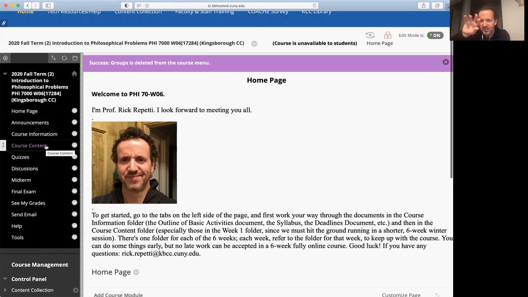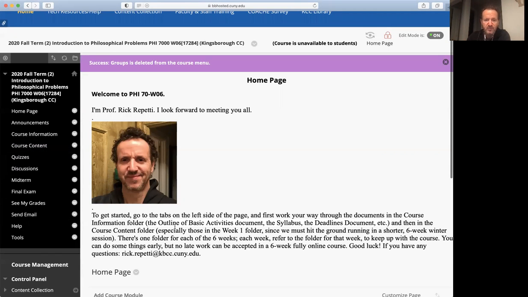Even though on the calendar, it's kind of across 7 weeks, I'm treating it like 6. A normal semester is 12 weeks, but sometimes with holidays, it actually chronologically extends into a 13th week, but it's really just 12 weeks. If you did a 3-credit course in a regular semester, you would meet 3 hours a week. And if you only met 1 hour one week or 2 hours another week, they would be tacked on at the end, in which case it would be over 13 weeks, but still 12 weeks. Same thing here. It's a 6-week semester because everything is doubled. Instead of 3 hours a week, it's 6 hours of work a week. If we were meeting on campus, that's what it would be like.